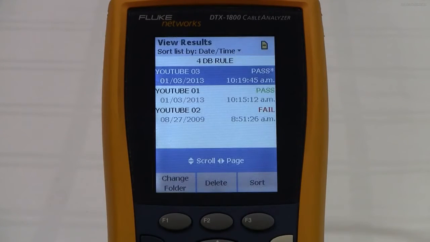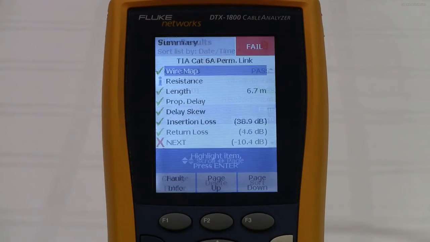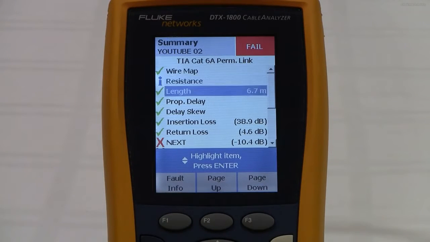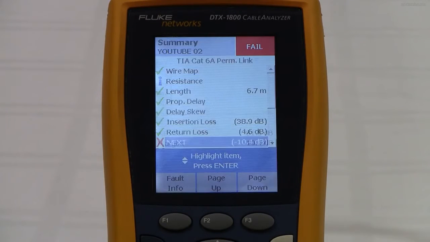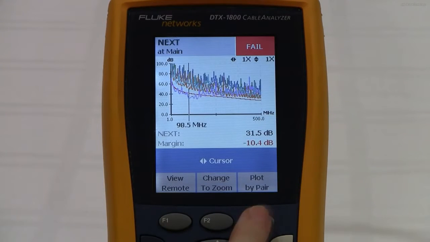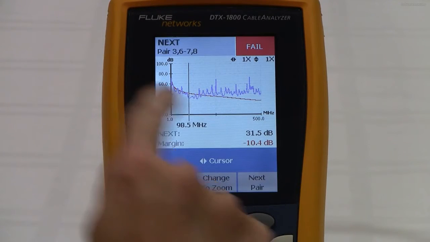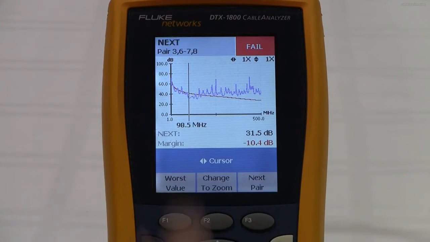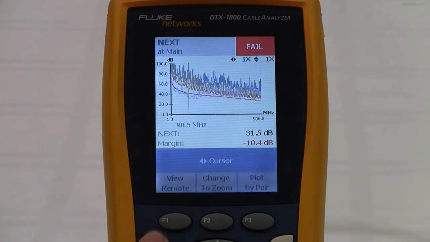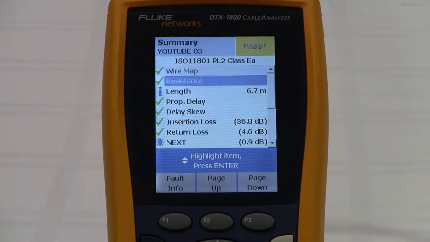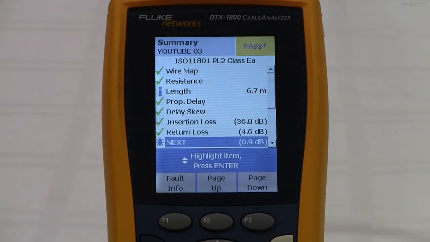So when I ran this exact same measurement again against the TIA standard, of course it failed. And now our worst performing pair is 3.6. Notice the entire limit line is red, and hence the fail there. If I go back up to my ISO standard, and I look at that near-end crosstalk reading again carefully,